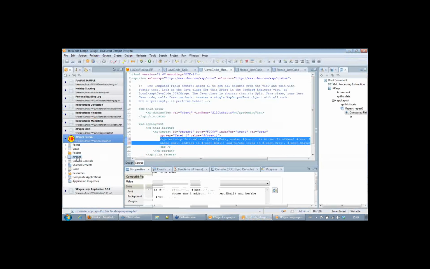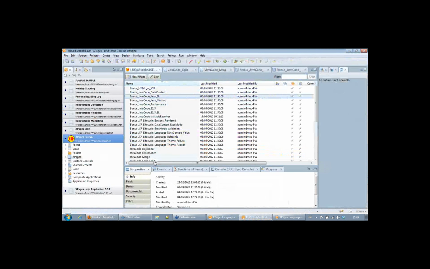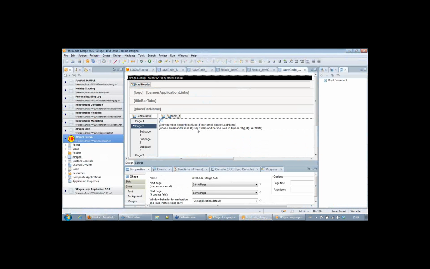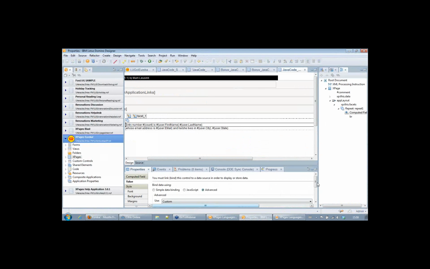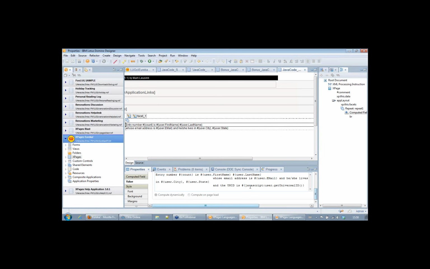So what we've got in there is just calling server-side JavaScript with user.getUniversalID. So from 8.29 seconds, for what's effectively 12 controls as it was,